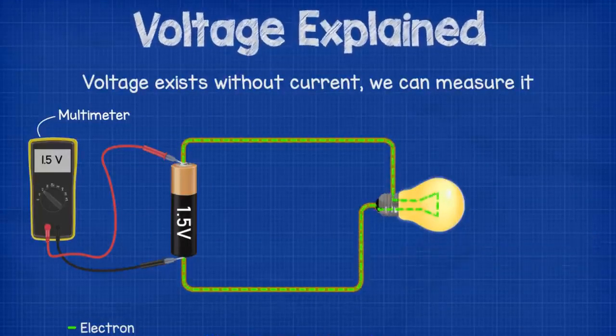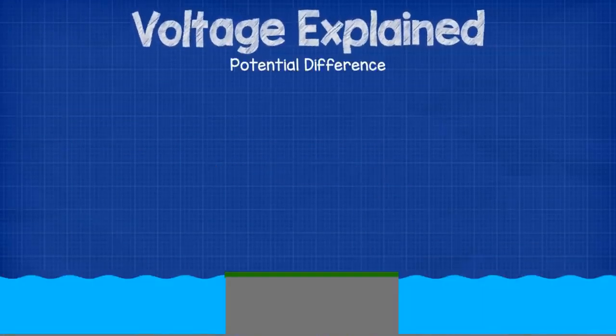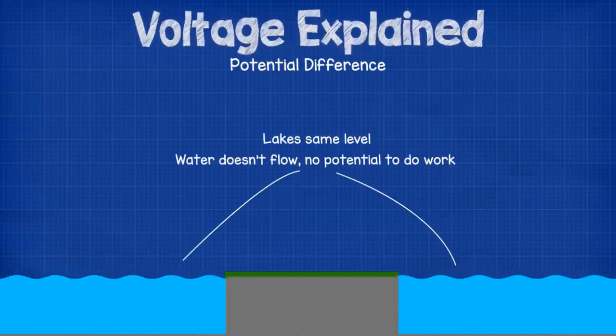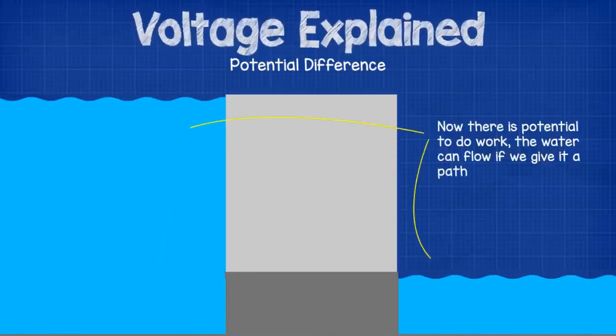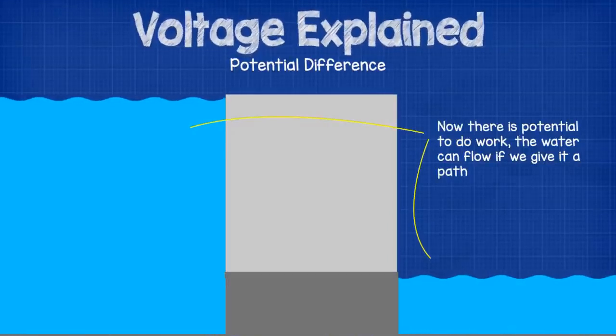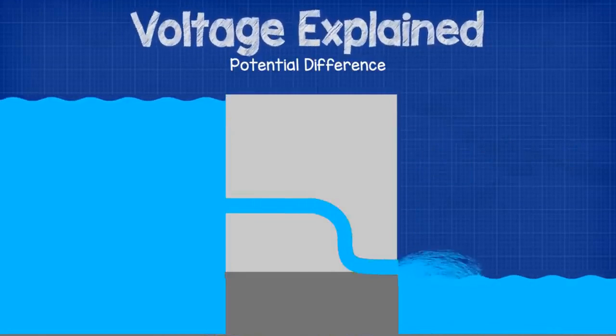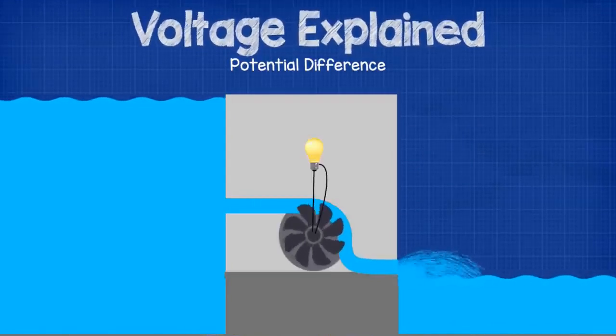We sometimes hear voltage referred to as potential difference. This really means how much work can potentially be done by a circuit. Coming back to our water analogy, if we have two lakes at the same level, then there is no potential to do work because the water isn't flowing. But if we raise one lake higher than the other, then this higher lake now has the potential to flow down to the second one. And if we give it a path, then it will flow. If we place a turbine in its path, then we can use its energy to power a light or even